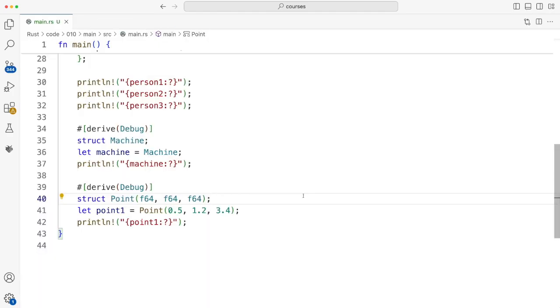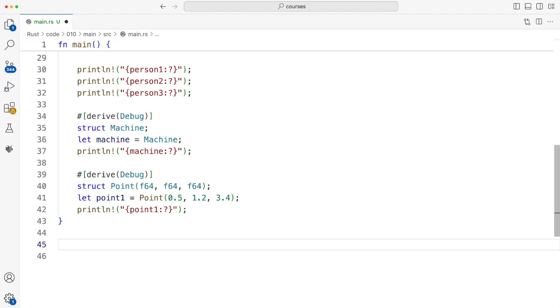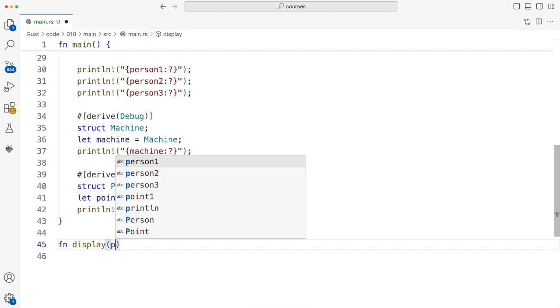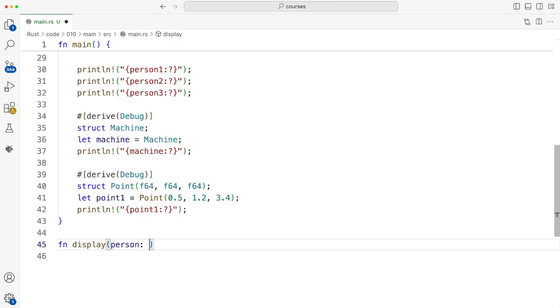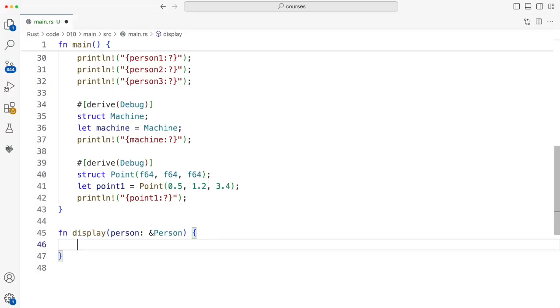And of course, we should also be able to pass references to structs to functions. So let's say I have a function called display, and we can make that take a parameter of the person struct type. So here I'll have person of the type reference to a person. Let's attempt this. So I can access the fields in the struct with a dot notation.